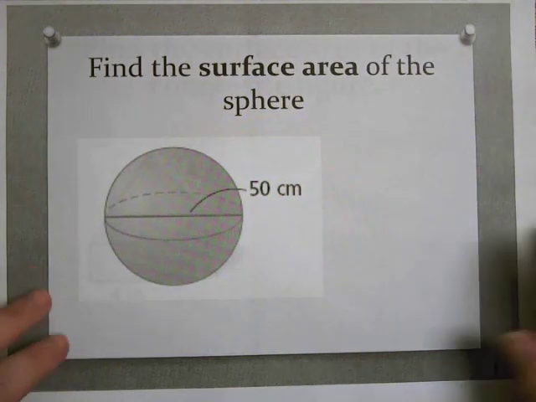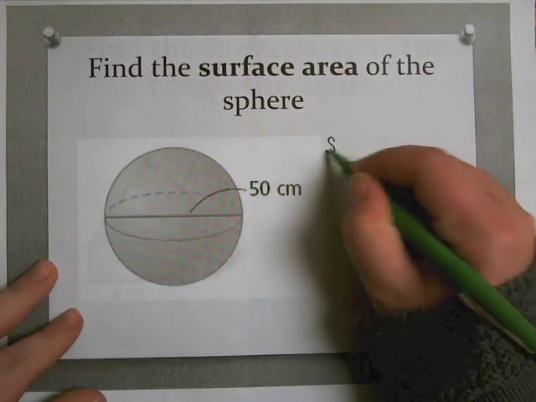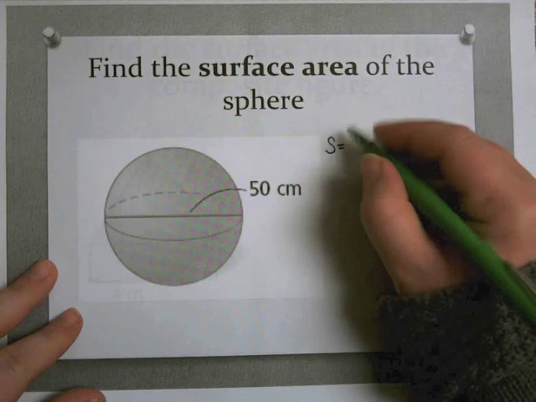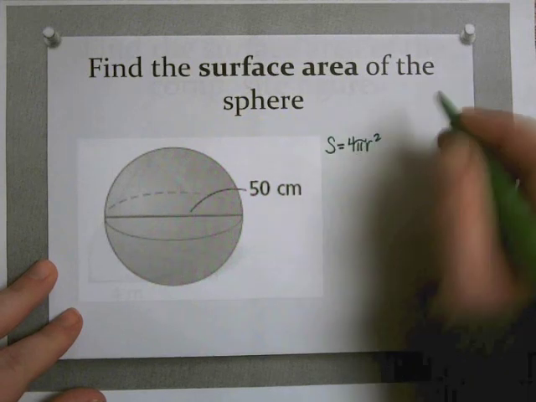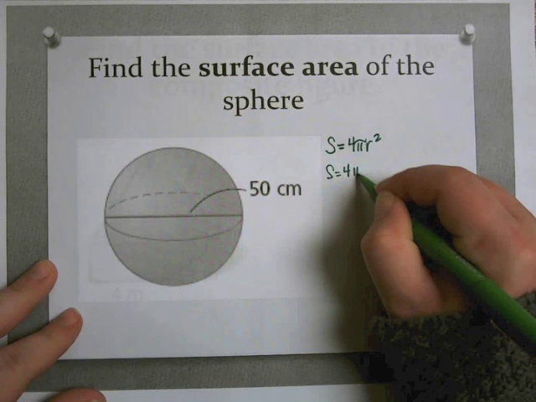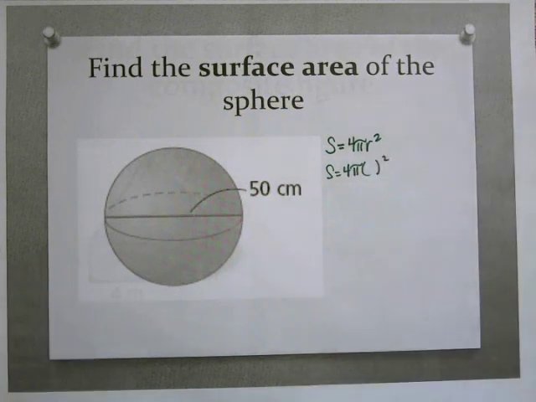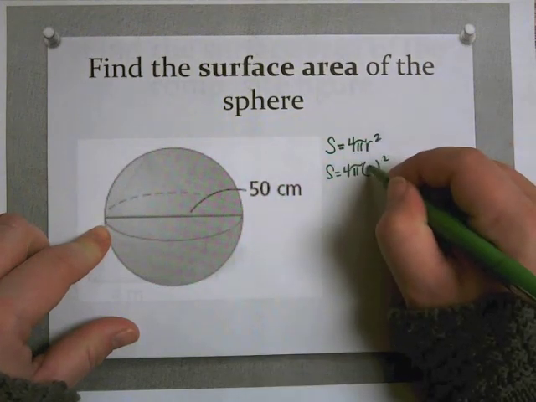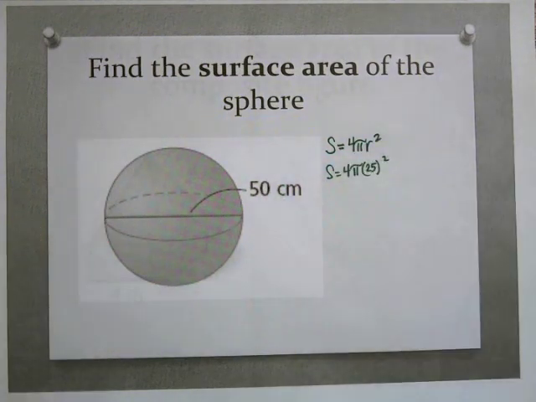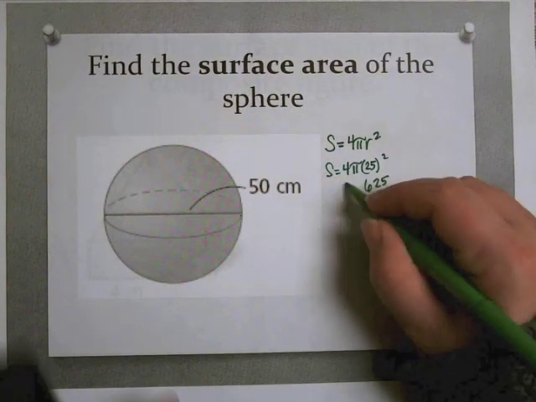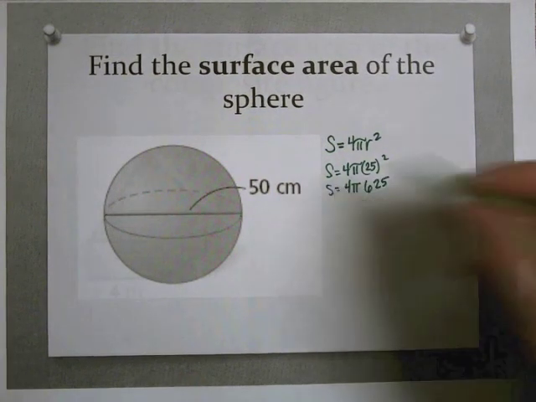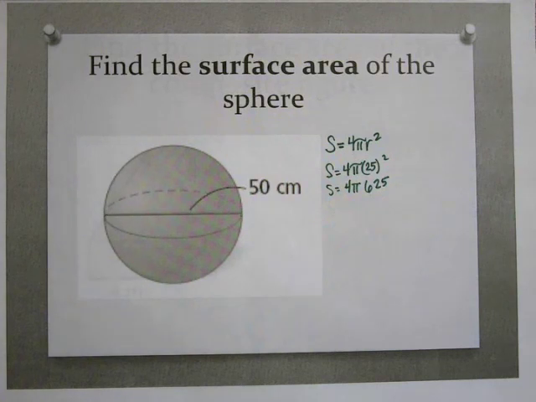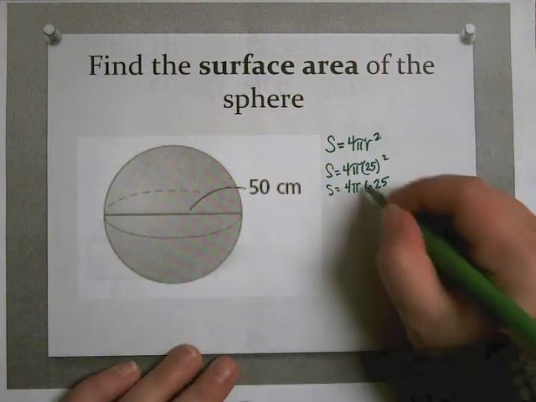Okay, now our sphere. Find the surface area of the sphere. The surface area is 4 pi r squared. So our surface area is 4 pi. Now you got to figure out what the radius is. That's the only thing we need to know. Well, this whole line is going across, so that means the diameter is 50. So our radius is 25, half of that. Make sure order of operations tells us to do the exponent first. So 25 times 25 is 625. Then we're going to multiply by that 4. And we get 2,500